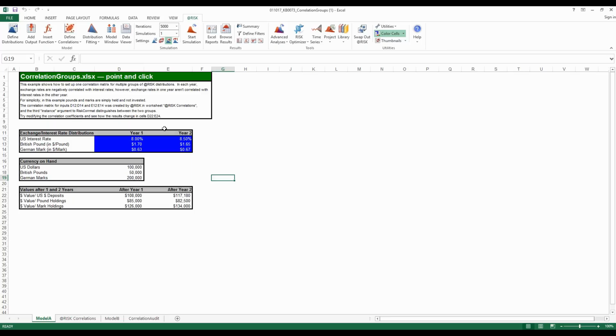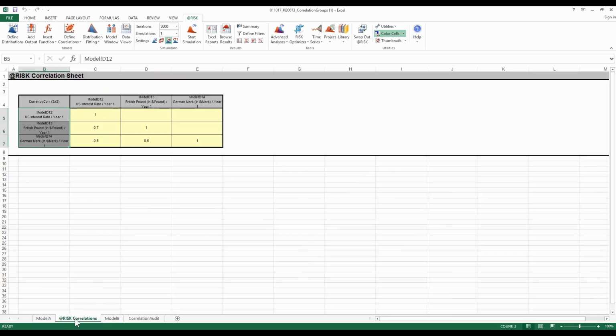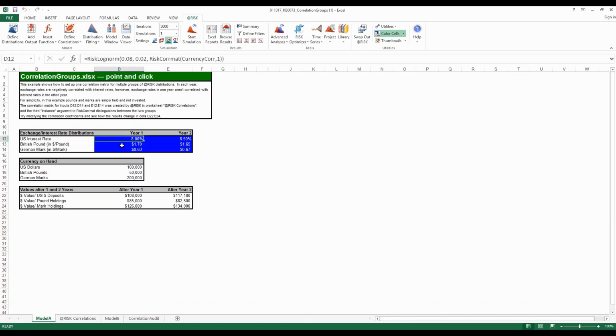And if we click on cell D12, 13, or 14, you're going to see that we do have a correlation matrix. It's called currency core. And if I look here on this other tab, this is the matrix it's referring to. So what we're saying is we want to use this same matrix here, so negative 0.7, negative 0.5, and positive 0.6 for these 3 inputs that we want to use. How do we do that